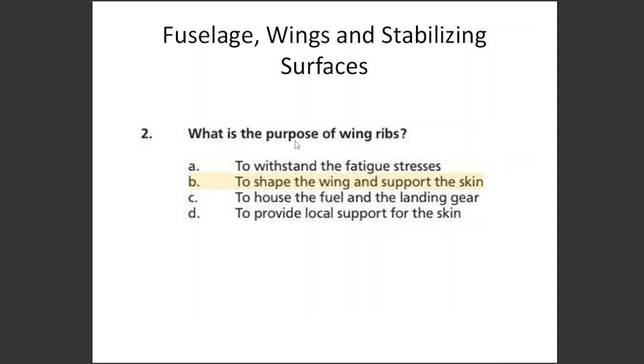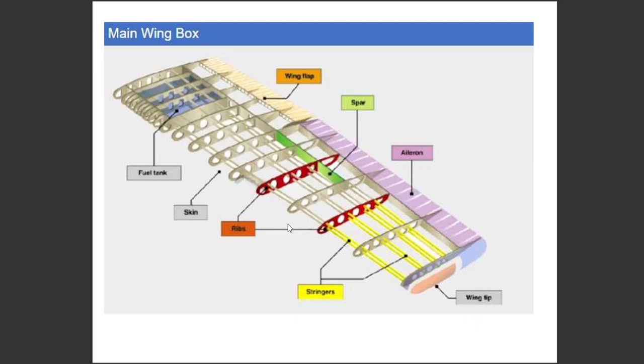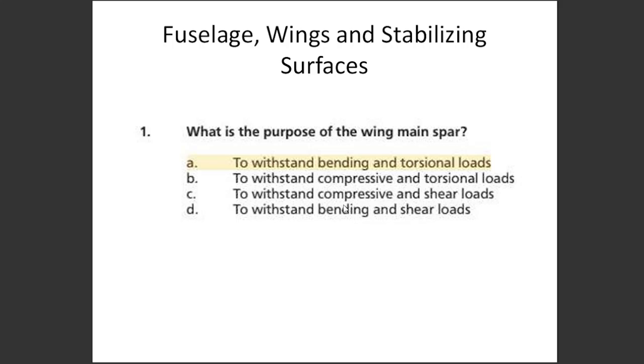What is the purpose of wing ribs? First we will see where the wing ribs are. Here we can see the wing ribs. They provide the shape and the support to the skin of the wing. So